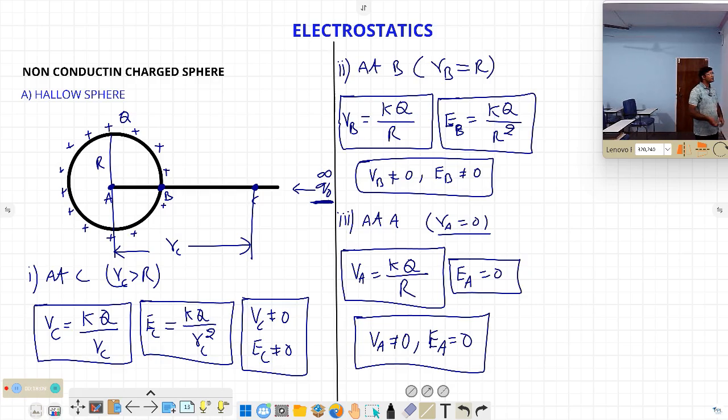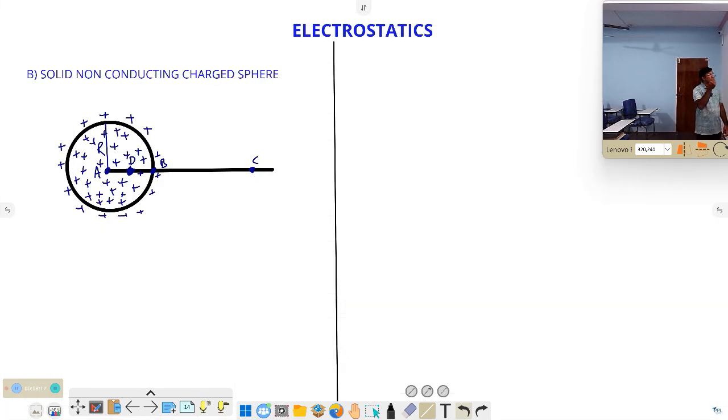Now we are going to discuss one more important, the last one, that is the solid non-conducting sphere. Now we'll discuss the last concept of these charged spheres, the solid non-conducting charged sphere. This is important. In this case we are going to derive certain relations. Here also we take a charged sphere having charge Q, where the charges are going to be